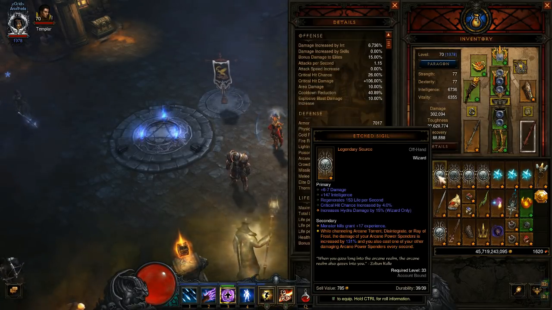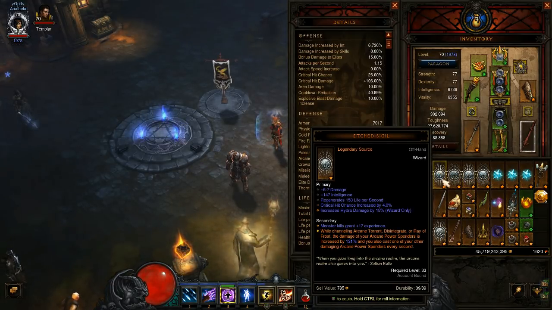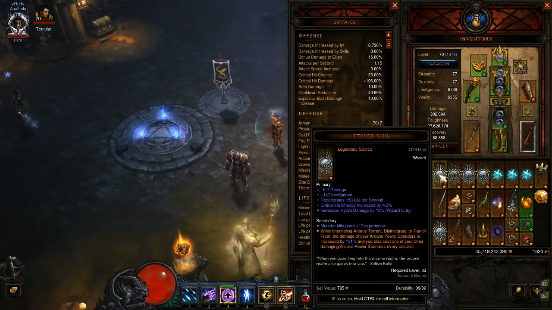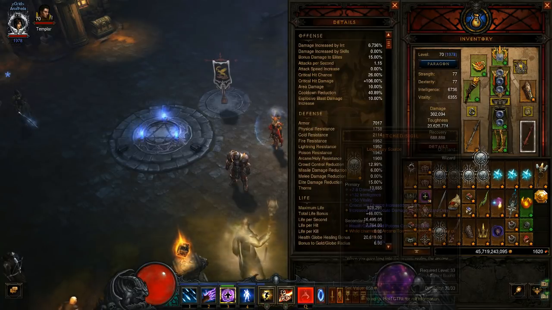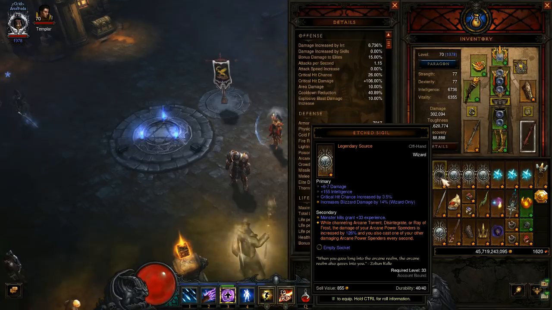Hopefully you get this item. Now our D3 planner reports a 73% chance of getting this item. I tested 3,100 Blood Shards and got a total of 4, and that's about a 61% success rate. So it's a fairly high success rate. Even though there is a chance that you may not get an Etched Sigil when you roll your Blood Shards in this manner,